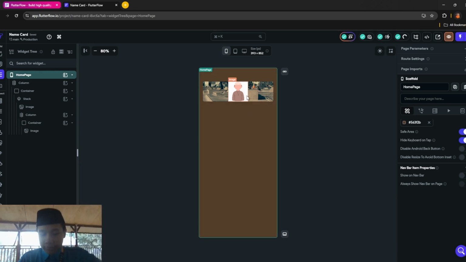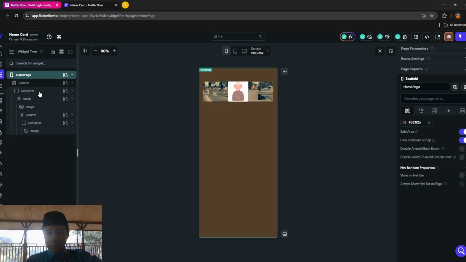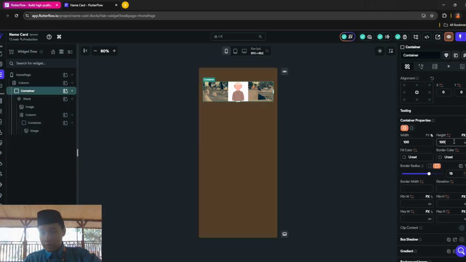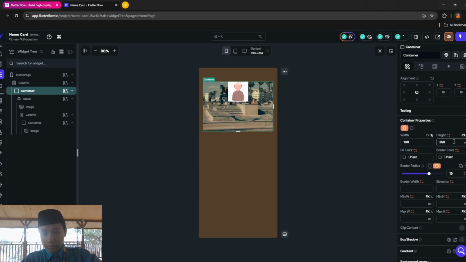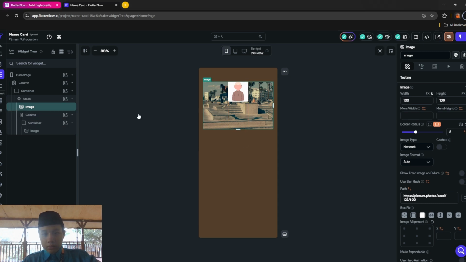So after this, you want to make the container height just a little bit smaller, so you can see it like that, to 40 maybe, yes, to 40. Then the image width is 100 px, my bad, it's 100 px, and alignment to the end of the bottom.